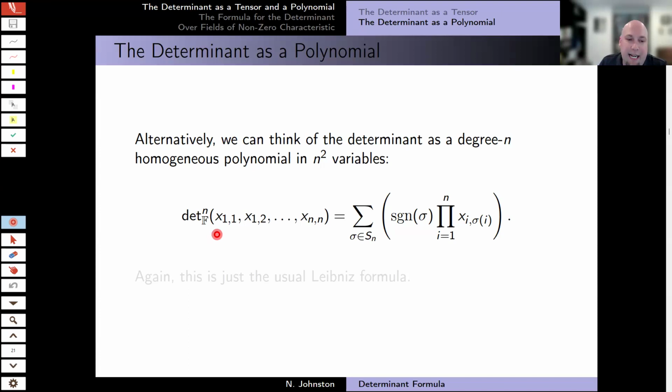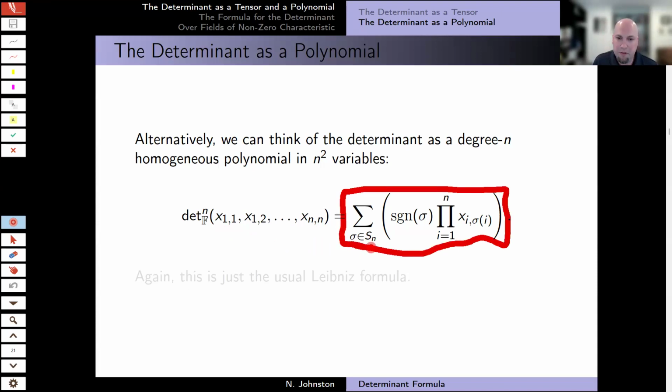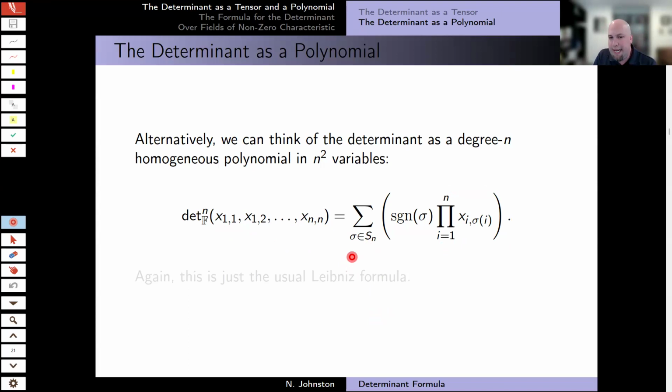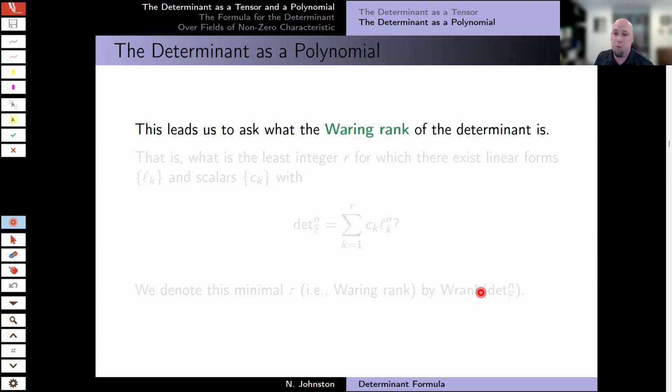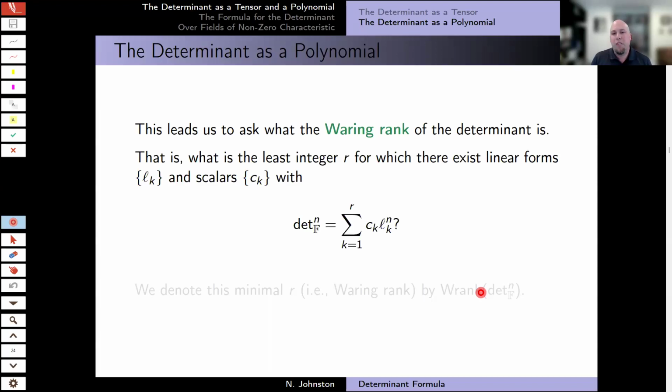I'm going to think of it as taking in n squared variables, right? The n squared entries of your n by n matrix, and it's some polynomial in those n squared variables, which again, is just the polynomial that pops out from you doing the usual Leibniz formula stuff, sum over permutations and products of matrix entries. Okay, so this is a homogeneous polynomial, and for any homogeneous polynomial, you can ask what its Waring rank is, and what the Waring rank is,